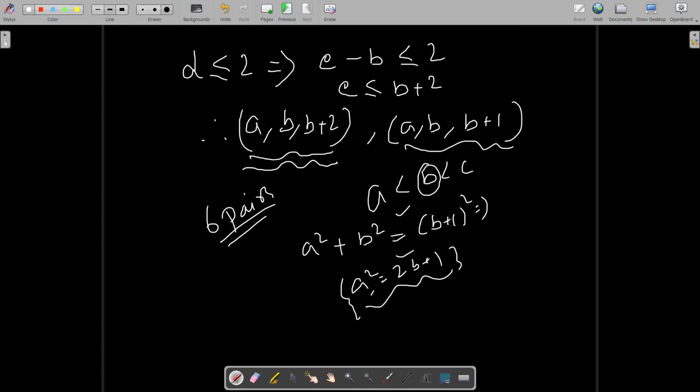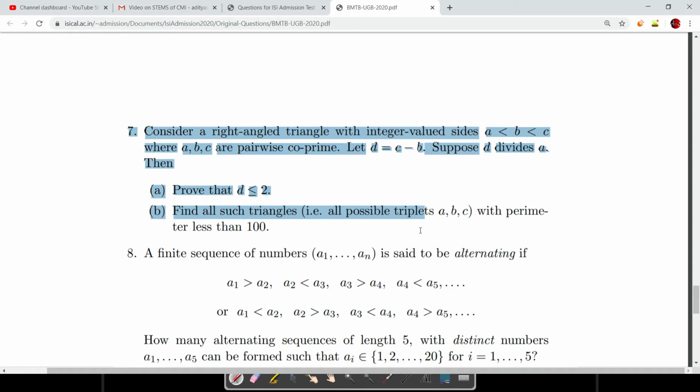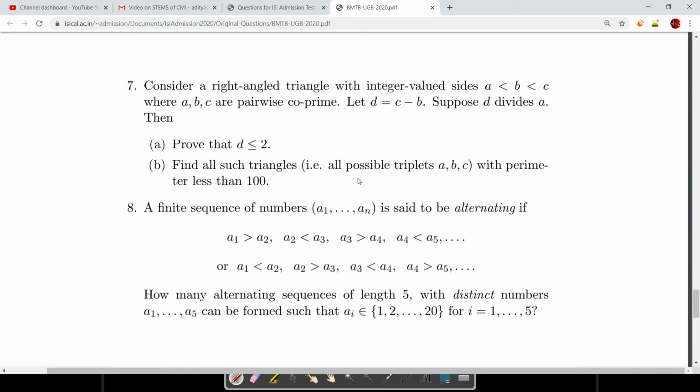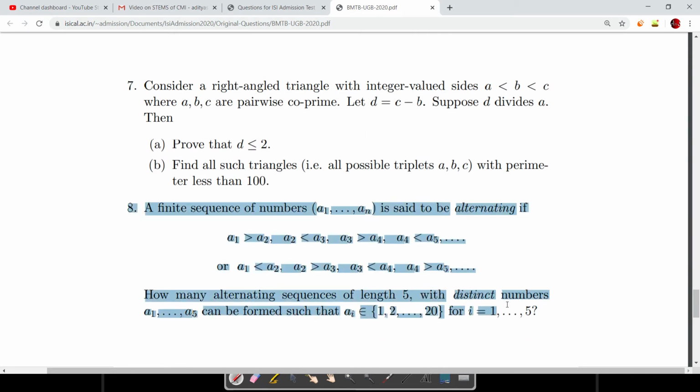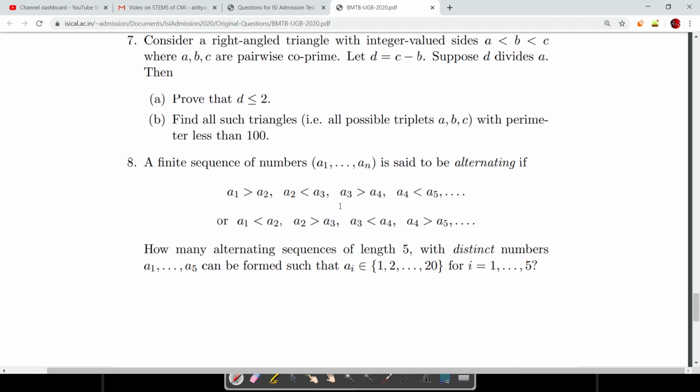So this was a pretty easy thing to do, but I'm not sure most people must have done it. Many people might have struggled here, but the ones who are actually determined to be selected would have done this problem. Okay, problem 8 was kind of a programming problem, I would say. I've seen this problem a lot of times on a lot of websites. So it was just in the paper this year.